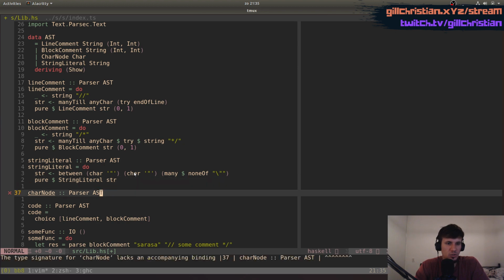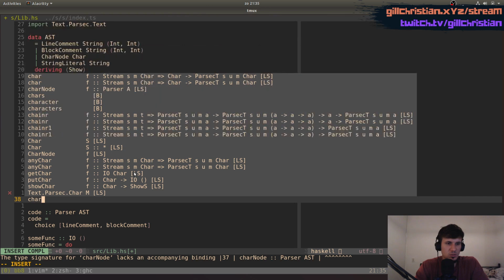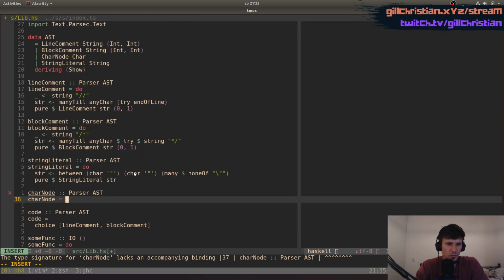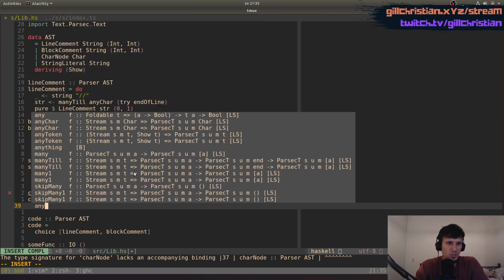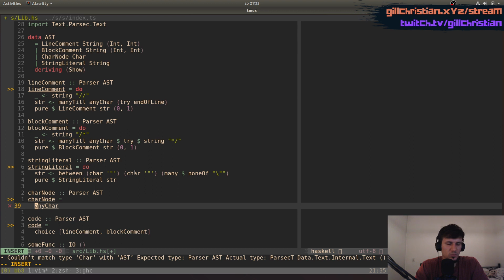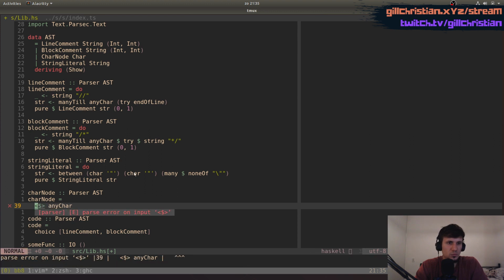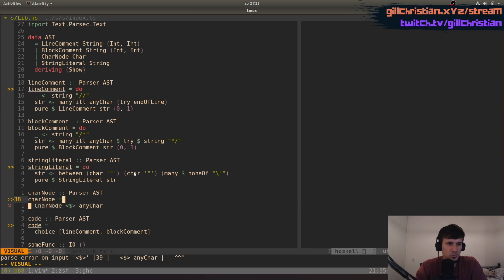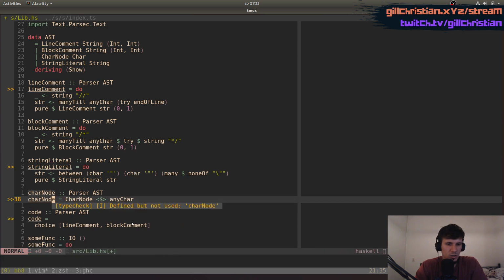Yeah, so char node is enter, and then if map that char node. Okay, so